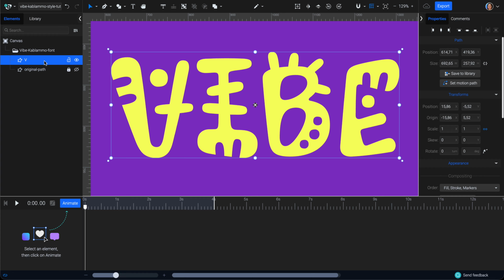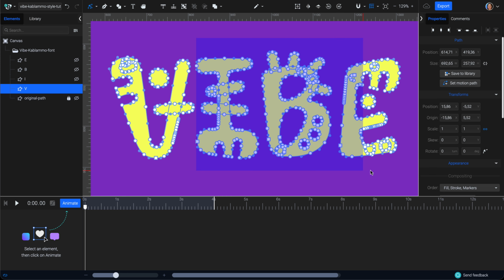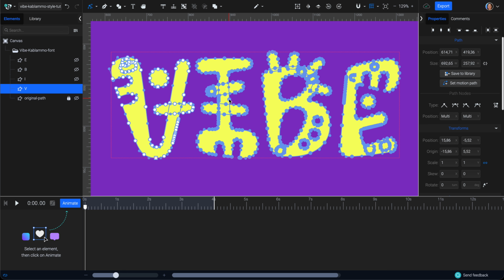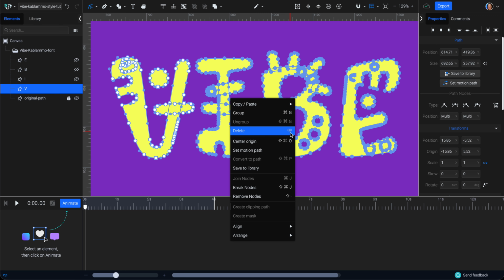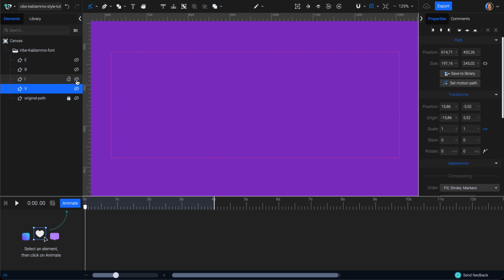Then duplicate the layer once for each word. In this case, that means duplicating it 4 times. Next, hide the last 3 layers. With the Node tool active, select the nodes of the 3 letters you want to remove from this layer. In this case, from the layer named V, we'll delete the letters I, B, and E